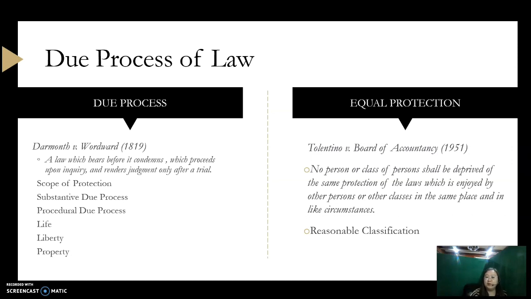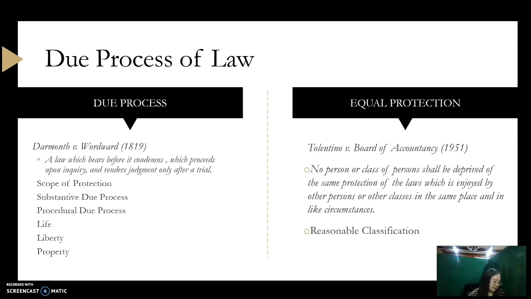There are two components or requirements: substantive due process and procedural due process. So when you say substantive due process, it refers to the law being enforced, that we must ensure that the law being enforced is not oppressive, it is valid, it is reasonable, it is just. And when you say that